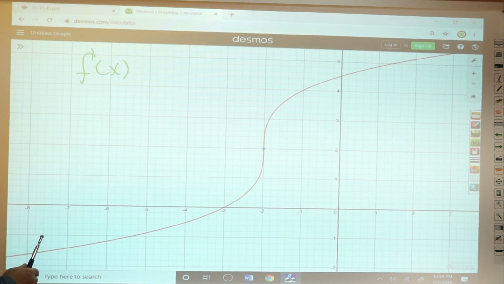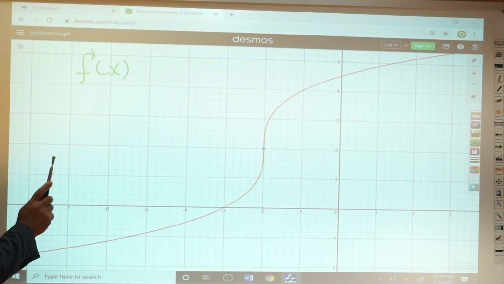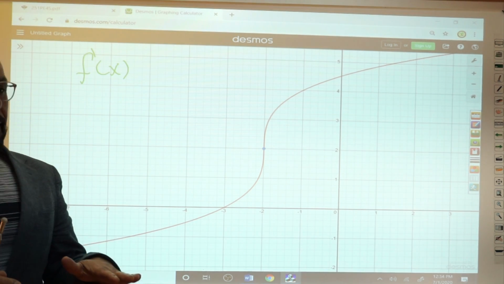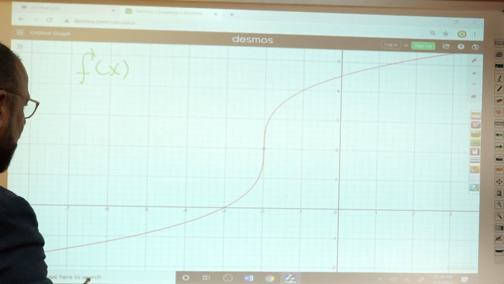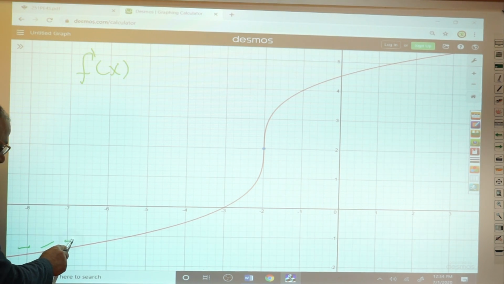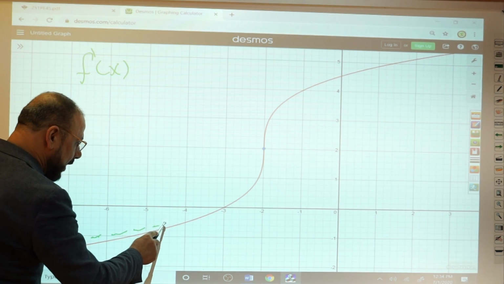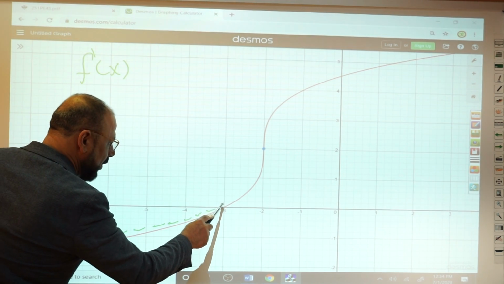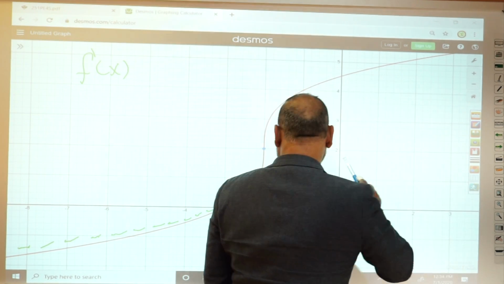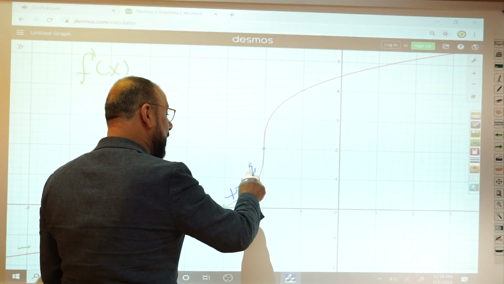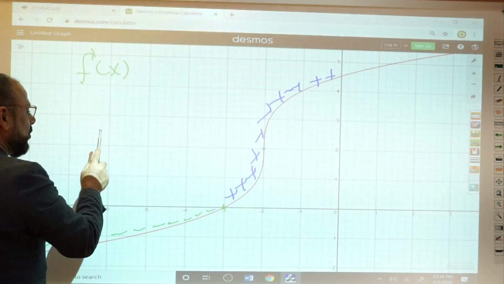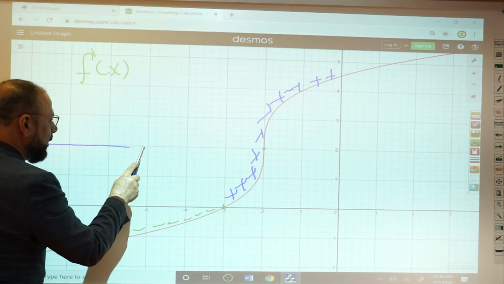Look, the rule: when the graph is below the x-axis, the function is decreasing, above it is increasing. The graph looks like below, negative, negative, negative, till 3. Then after 3, what is above, right? Positive. This is f prime of x now. All the graph is above, right? Then it's good to draw a number line and put in